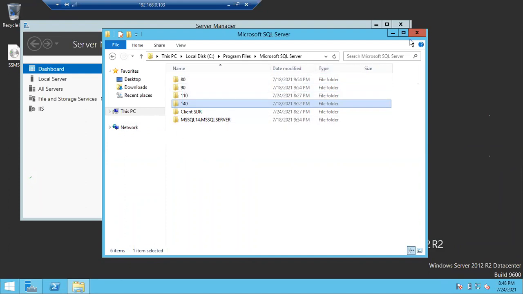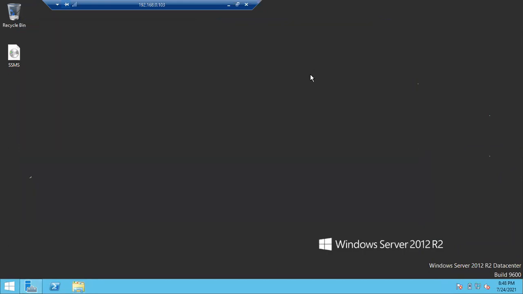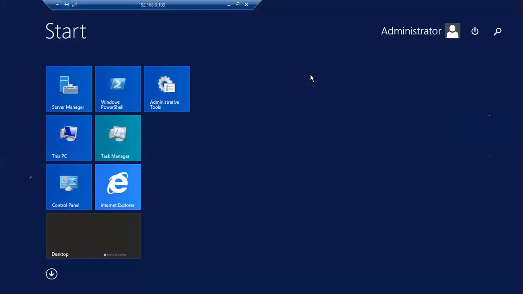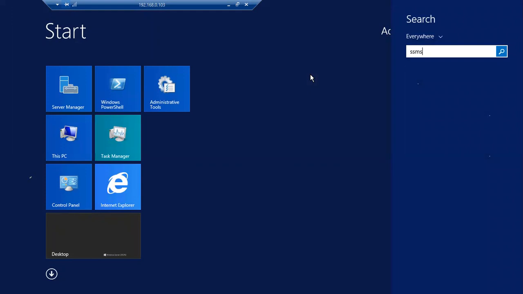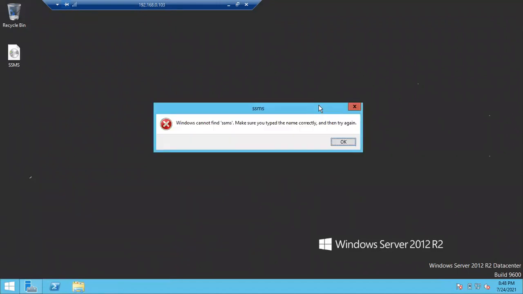Right. Let's open Management Studio now. We have successfully installed Management Studio, right? How to open Management Studio? Just press the Windows button and type SSMS. If you type SSMS, you can get Management Studio. Earlier there was a shortcut where you typed SSMS in the Run box. You will get an error for SQL 2017 and 2019.